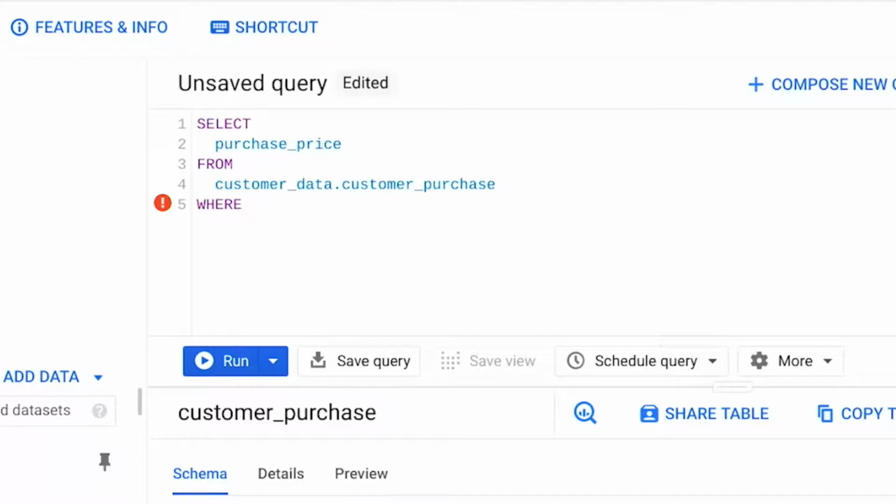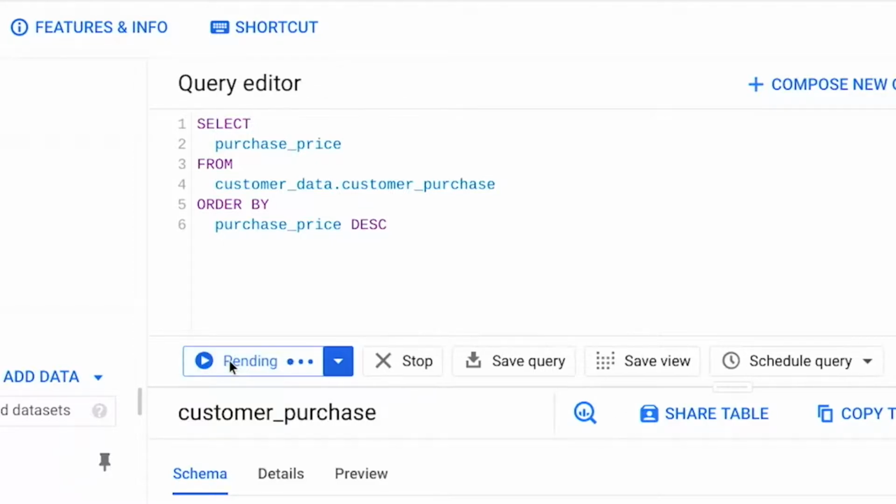Next is the where clause. We are not filtering out any data since we want all purchase prices shown, so we can take out the where clause. Finally, to sort the purchase_price in descending order, we type order by purchase_price DESC at the end of our query. Let's run this query.